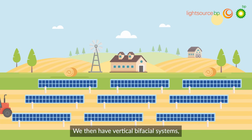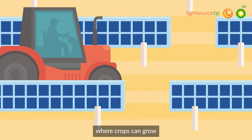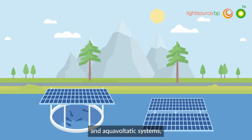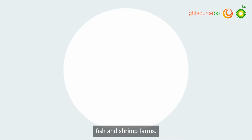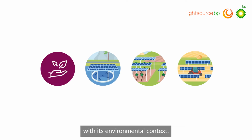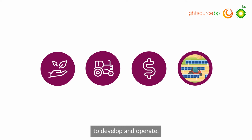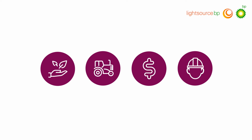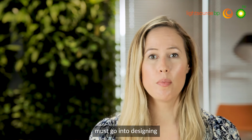We then have vertical bifacial systems, sometimes referred to as solar fences, where crops can grow between the rows of panels. We also have floating PV and aquavoltaic systems, which can be installed over fish and shrimp farms. What is critical is that the system must be designed in a way that is compatible with its environmental context, supports the chosen agricultural activity, and is economically viable to develop and operate. Each site and environmental context is different, and therefore careful consideration must go into designing agrivoltaic solutions to ensure they